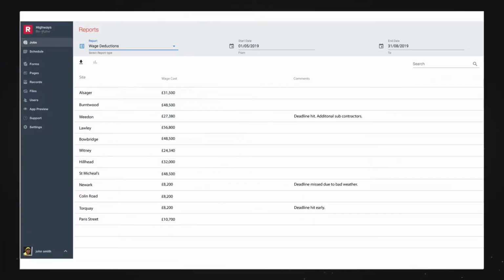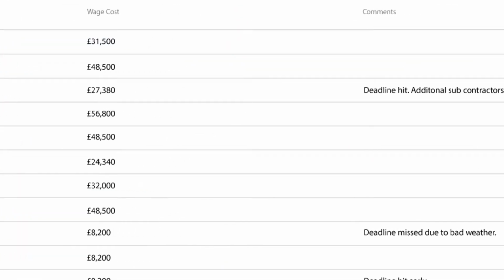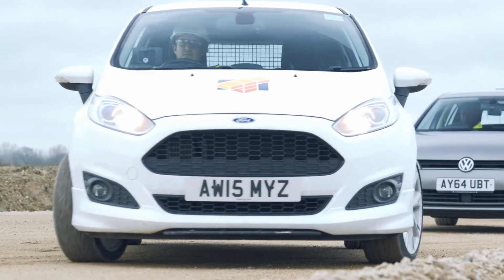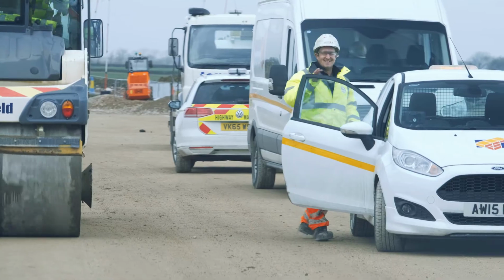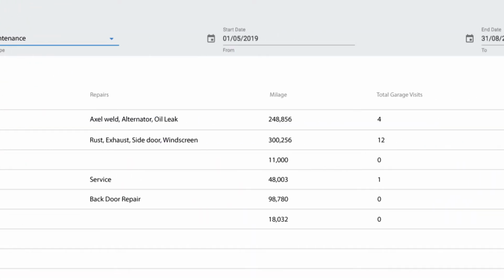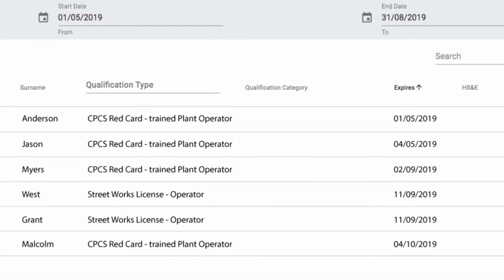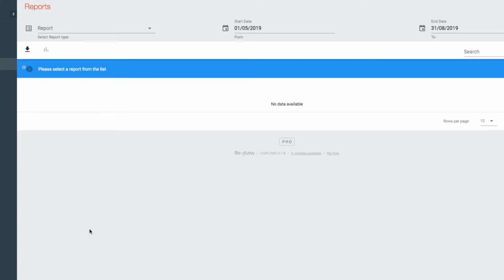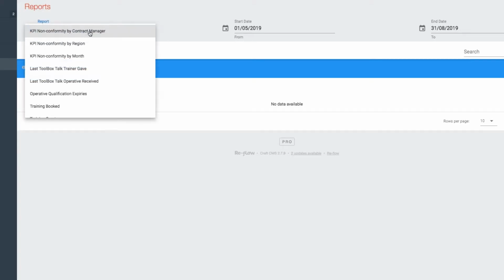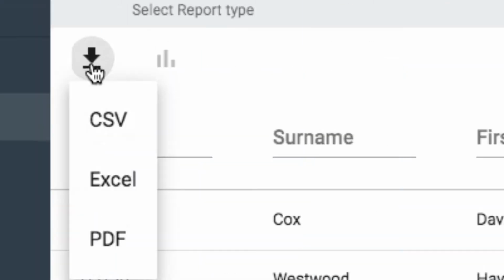For example, comparing skill sets in each location or actual wage costs per site. Using reports to tell you which vehicles or plant is requiring the most frequent or costly maintenance to help decision making on asset write-down. Seeing the prerequisite training expiry dates of current training that, if absent or lapsed, would make upcoming training invalid. We can also export your Reflow reports to a format your management team prefer to work with: